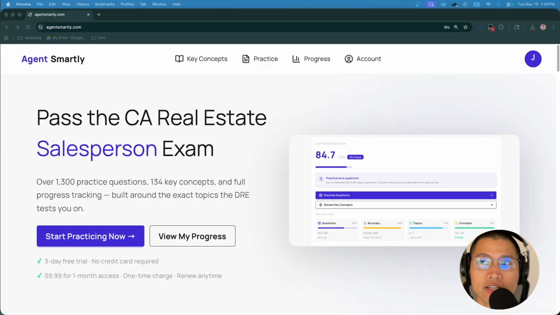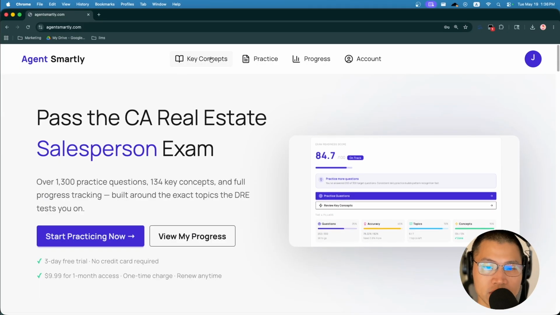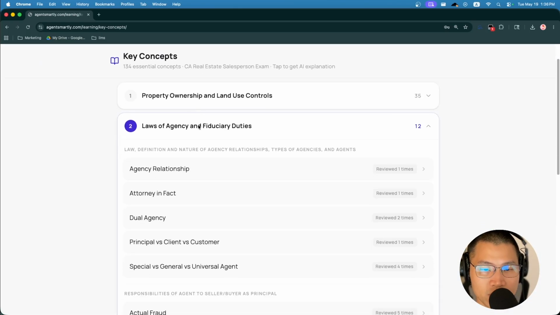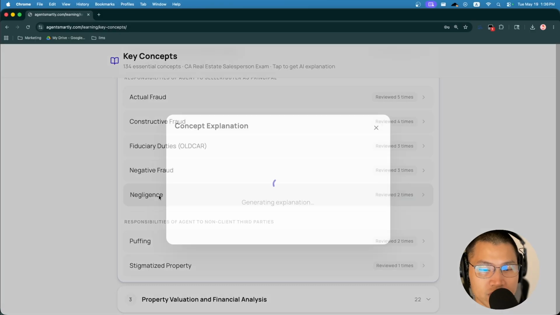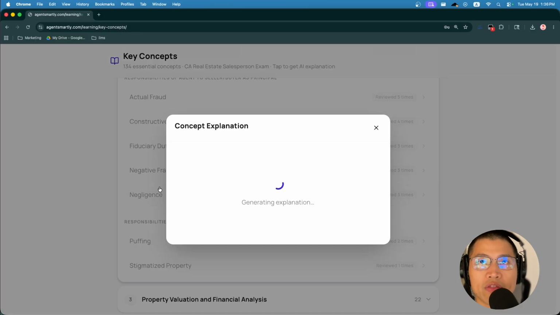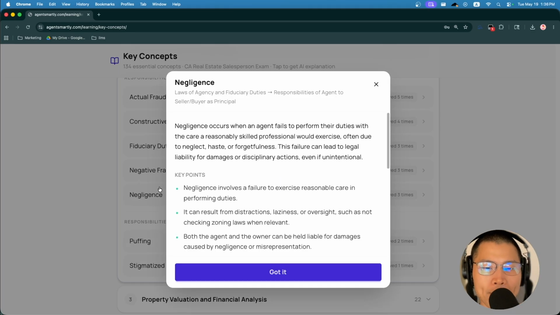All right, let's get started with today's key concept. We scroll down here, and we will see negligence. Then we click the key concept right here, and we will see everything about it.